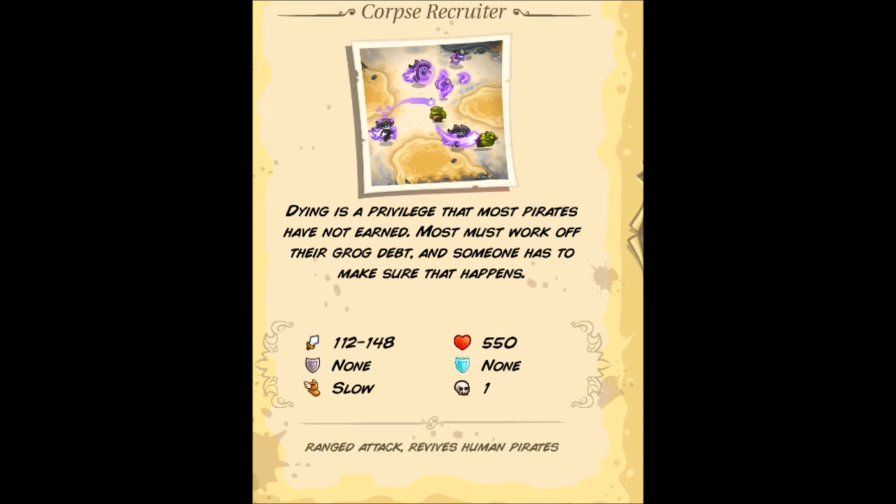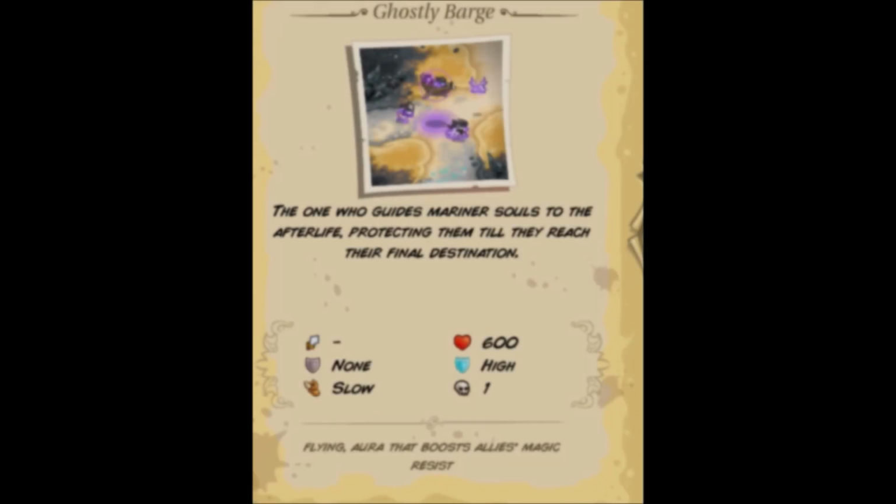So I pretty much recommend just killing them as fast as possible. They also do a lot of low melee damage, so I recommend using reinforcements or any melee hero against them. Next up we've got the Ghostly Barge, and these are like flying enemies with high magic resistance and a magic-resistant